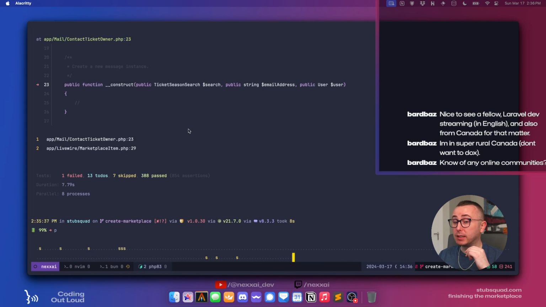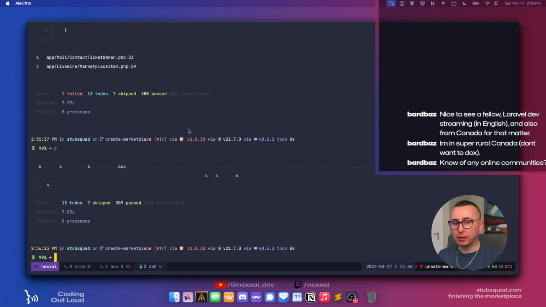Know of any online communities? The only real Laravel community that I'm a part of is just the Laracasts forum, which feels like it has its days, but it's not like it's good for asking questions. There are some super knowledgeable people on there, but as far as friend communities, there's two different Laravel Discords that I've found, one official one and one by a guy whose username is like Stonkel, Samuel.